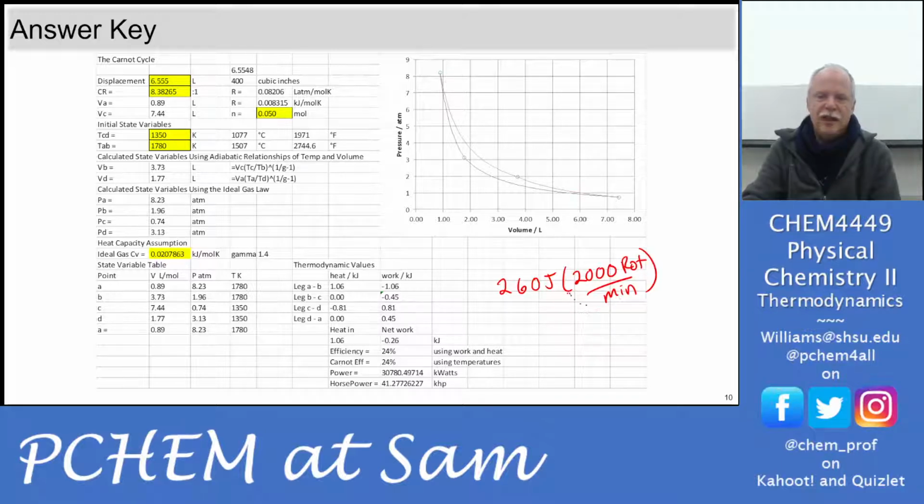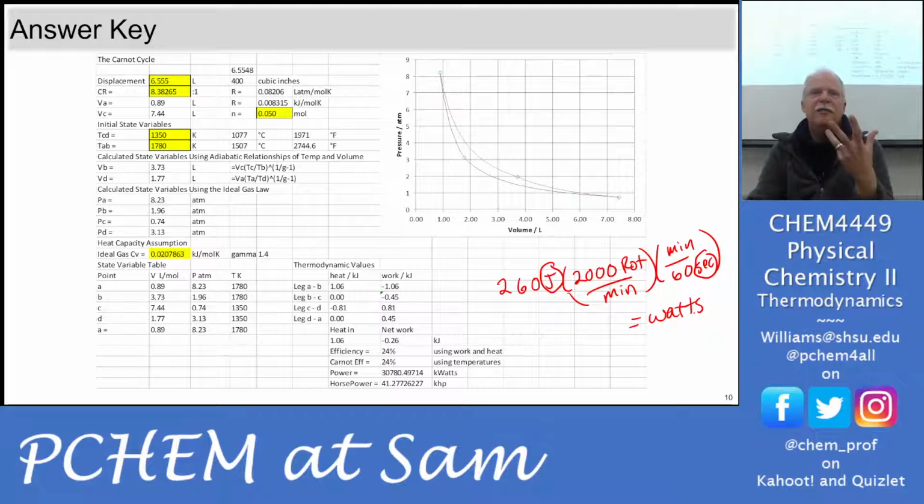So a rotation of the engine is one rotation of the cycle. And so if we do 2,000 of those per minute, how many do we have per second? So a minute is 60 seconds. And we have joules per second. We have watts. So this is telling us how many watts we can get out of this engine. So I got it right here. We have 30,000 kilowatts that we can get out of this engine,